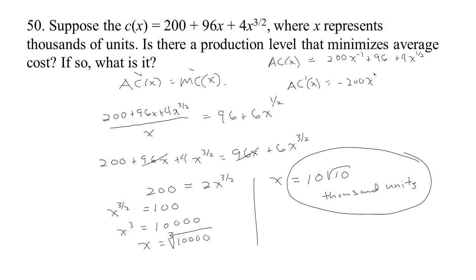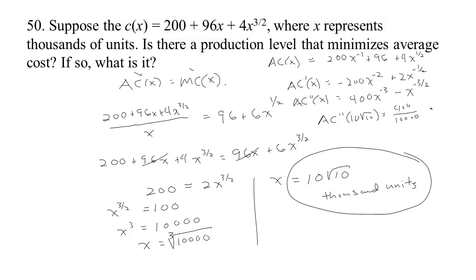We get minus 200x to the negative 2 plus 2x to the negative 1/2. Now we take the second derivative, and the negative 2 comes down. We have 400x to the negative 3 minus x to the negative 3 halves. So let's look at our average cost when x is 10 root 10. So the second derivative at 10 root 10 is, let's see, we know x cubed is 10,000, so we have 400 over